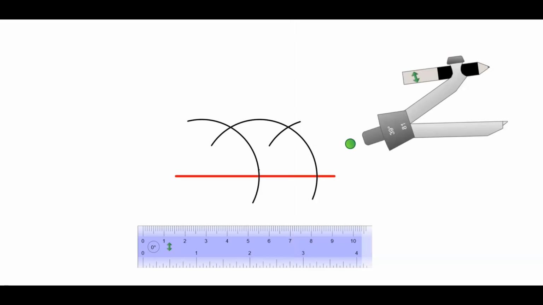Finally, using your ruler, connect the two places where the arcs intersect, right here and right here. The two red lines we've constructed are